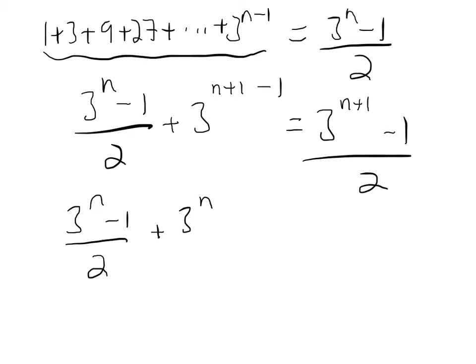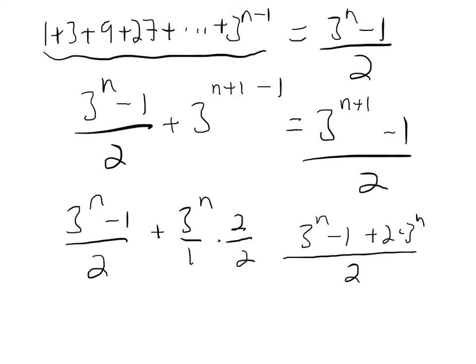And now it'd be nice if this were a single fraction, so I'm going to multiply this side by the common denominator of 2 over 2. So that's going to leave me 3 to the n minus 1 plus 2 times 3 to the n